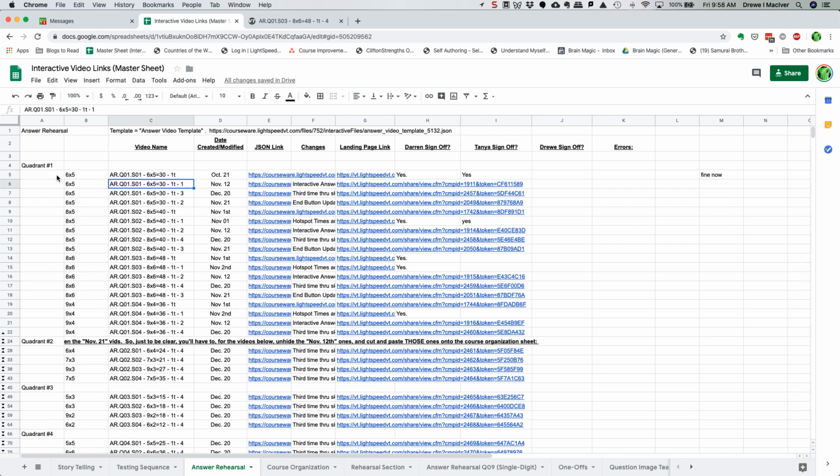For the very first video in quadrant 1, that happens to be 6 times 5. But for the second one, interactive videos linked to, that's the dash 2 version. For the third one, that's the dash 2 version. For the fourth one, that's the dash 2 version. Yeah, so you built the correct one for this particular video because you built it from the dash 1, which is interactive videos. But I believe for the remainder of them,